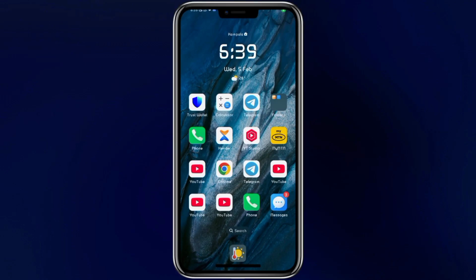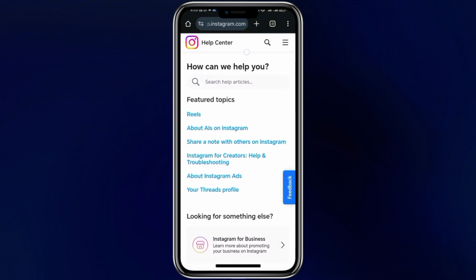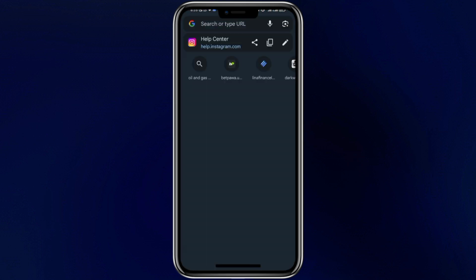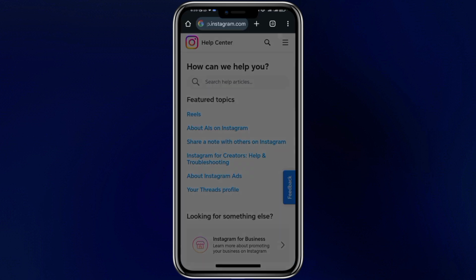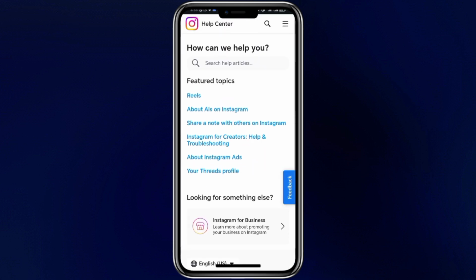In today's video, I will show you how to recover a deleted Instagram account. So first and foremost, open up your Chrome browser. So once you open up your Chrome browser, come to the search bar and then search for help.instagram.com. Once you finish searching for that, it will open up this page and then tap on these three horizontal